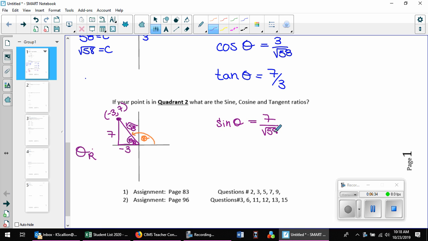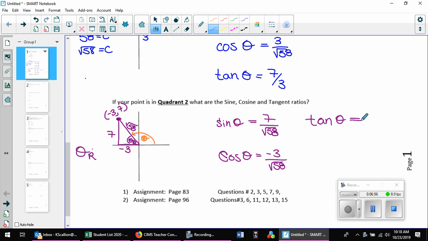That's strange. What's cos? And 10? Okay, so